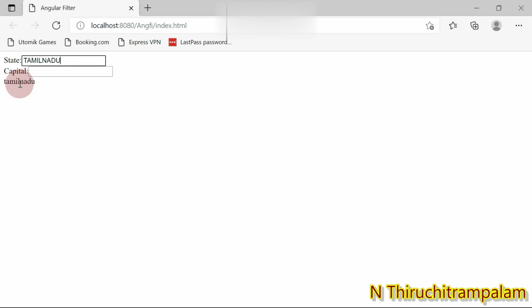Here you can see underneath, in lowercase, Tamil Nadu, and for Chennai I gave it in capital letters, but underneath you can see it in lowercase, small letters.